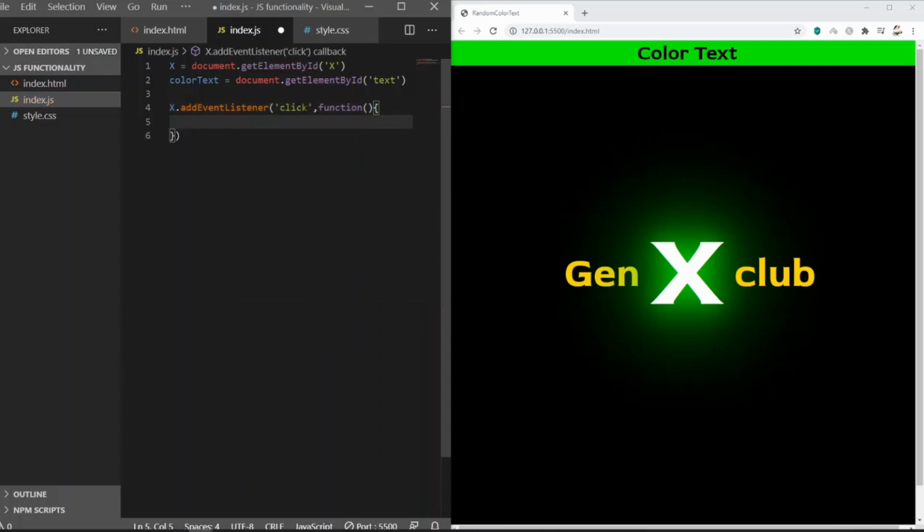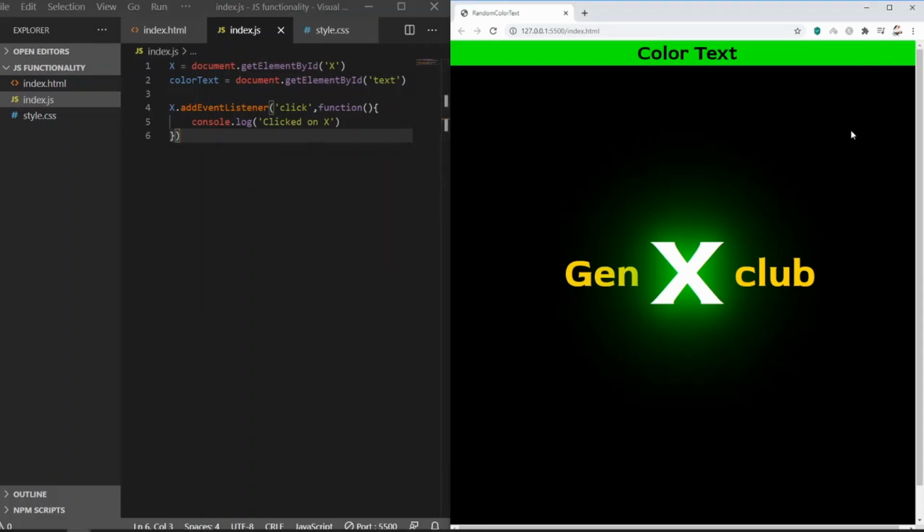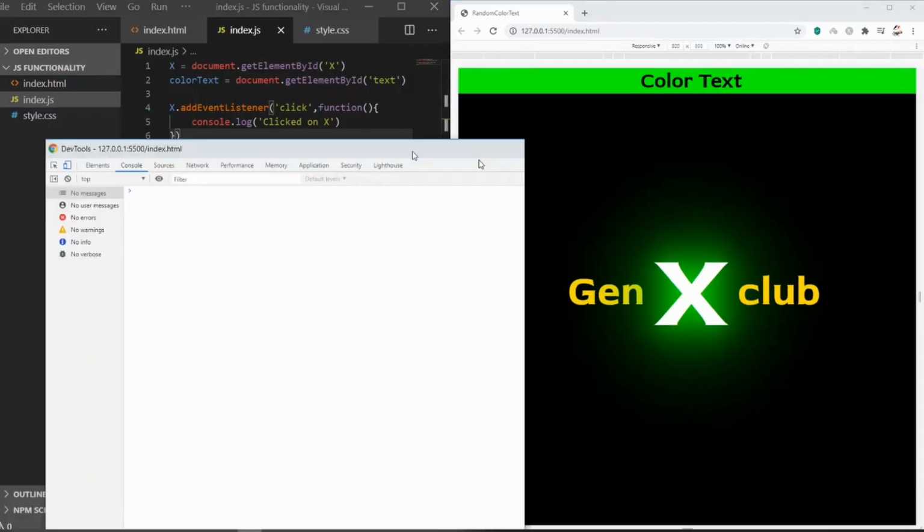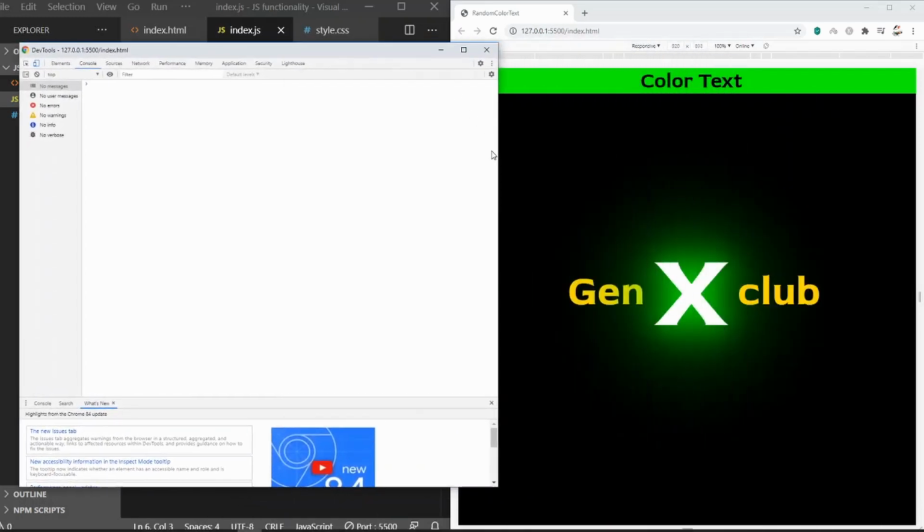So let's test it first. Let's do a console log. Console.log, let's write clicked on X and test it. Save it. Open our developer tool. There you go. Let's go to console tab.